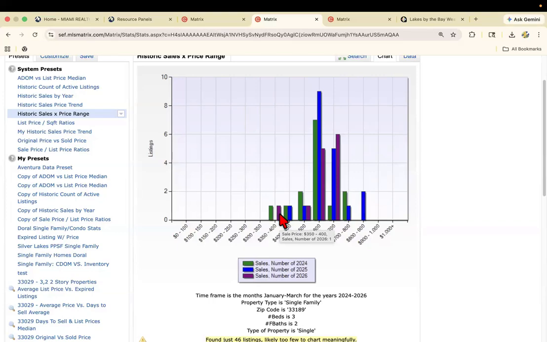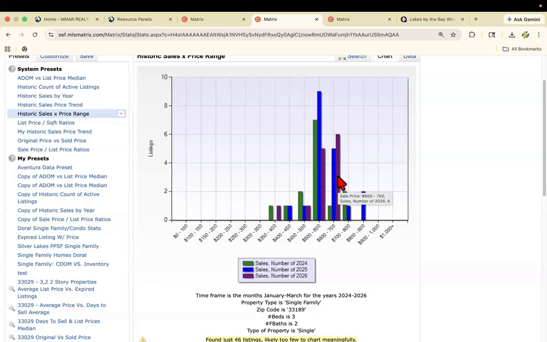Investors typically like to take units at the bottom end of that market to do repairs and redevelopment. If I'm talking to that investor, I would let them know there's only one unit that sold between 350 and 400,000 this year. There's another unit in this area that sold between 450 and 500,000. This area is dominated by sales from 500 up to 600,000, as well as the top end of this market